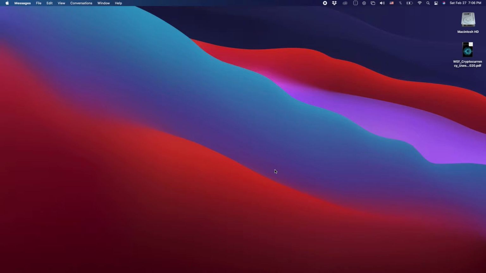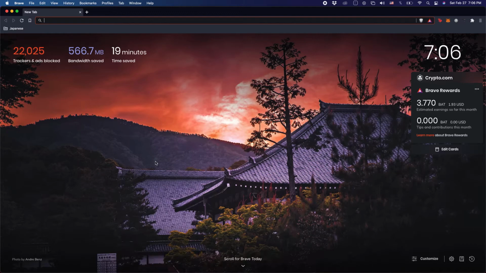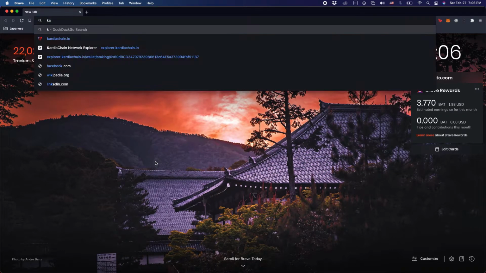I'm going to show you how to put the Kardiachain extension onto your browser, how to connect it to Ledger Live, and how to send Kai tokens back and forth from your Ledger device to your main wallet online. So let's go. We're going to open up the Brave browser and we're going to go to